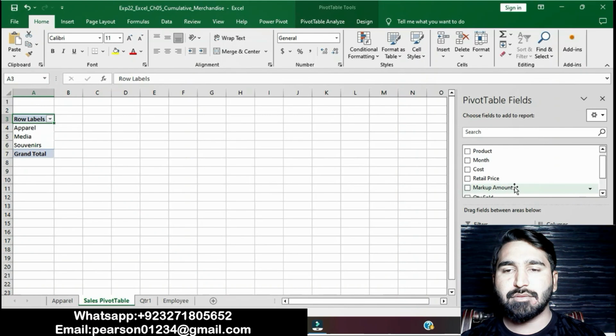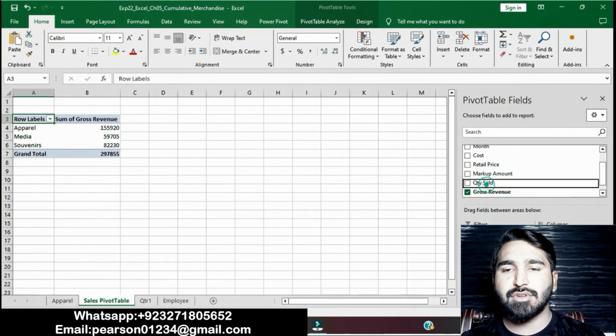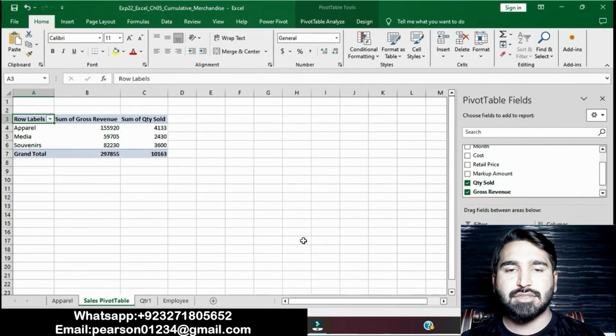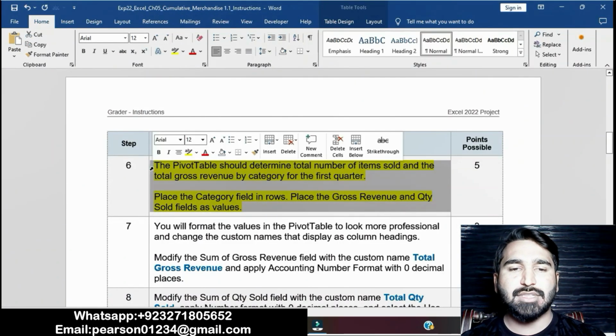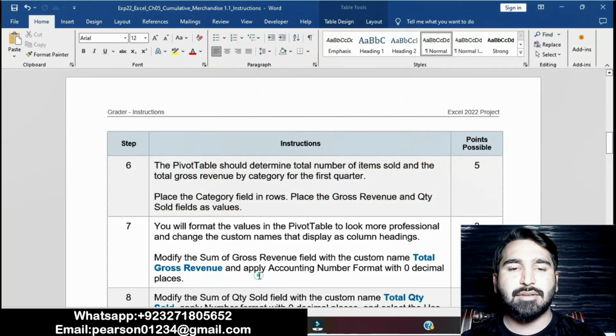Okay, scroll down and QTY sold, gross revenue move to value, and QTY sold move to value. It's done now. I have done 6 questions of this assignment. Now moving on question number 7. In question number 7,